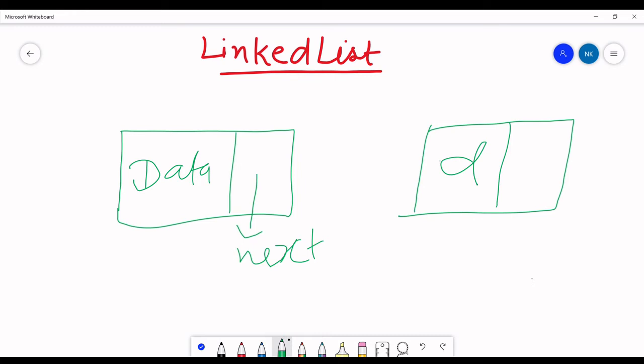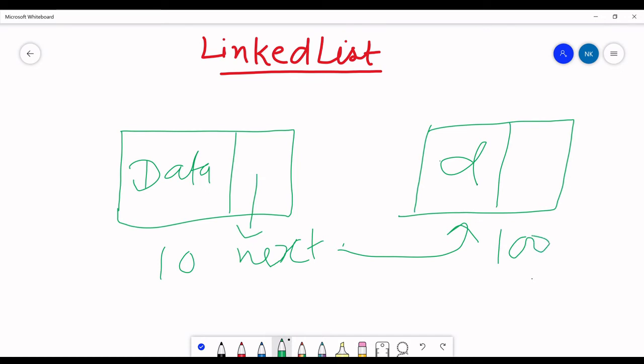So what we have to do is this will store the address of the next element. If this is at index 10, the next may be at index 100, not 11.